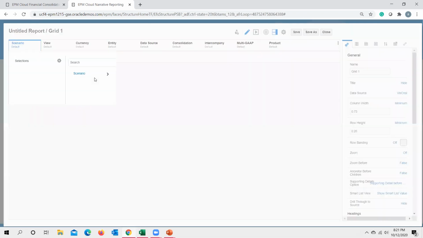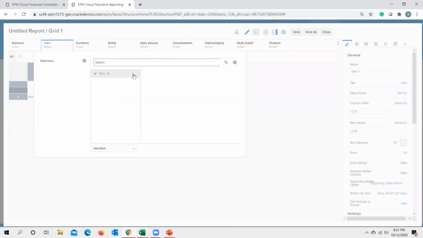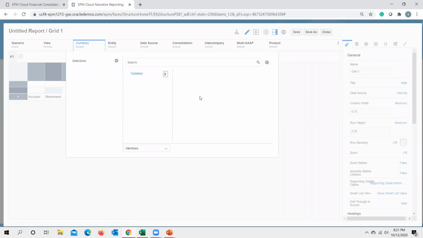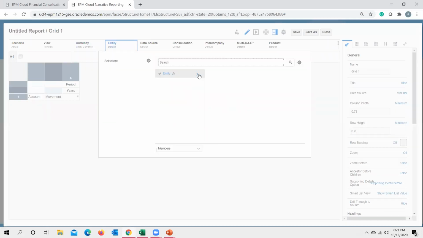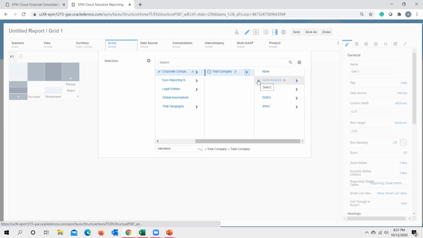I want to build my report for scenario actuals, so I select my scenario as actuals. I want to keep my view as periodic for the purpose of building this particular cash flow report, with currency being my entity currency. I'm taking up an entity name under total entity, under corporate company. We have total company, and under total company I would be building my cash flow report for